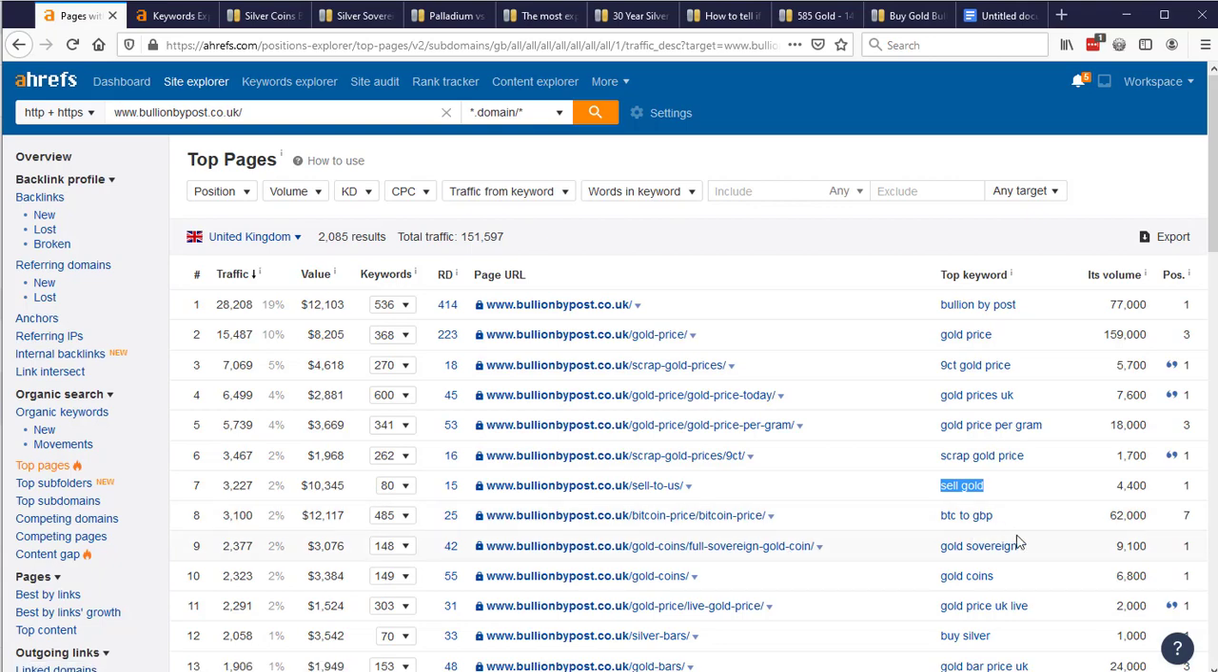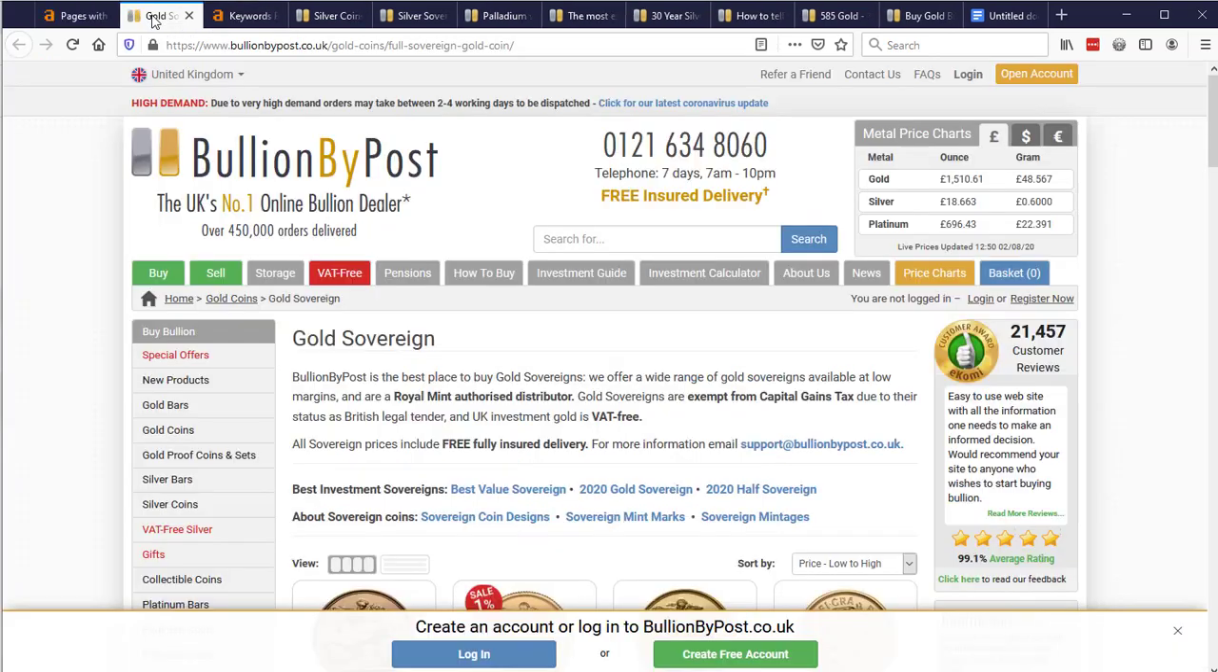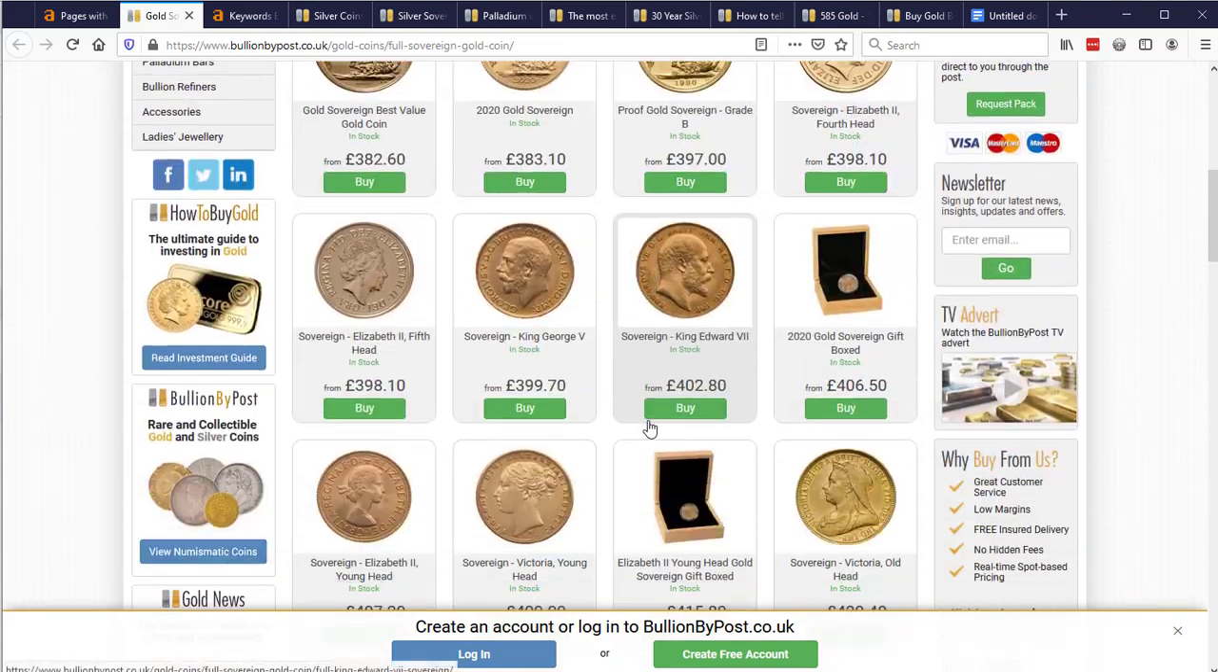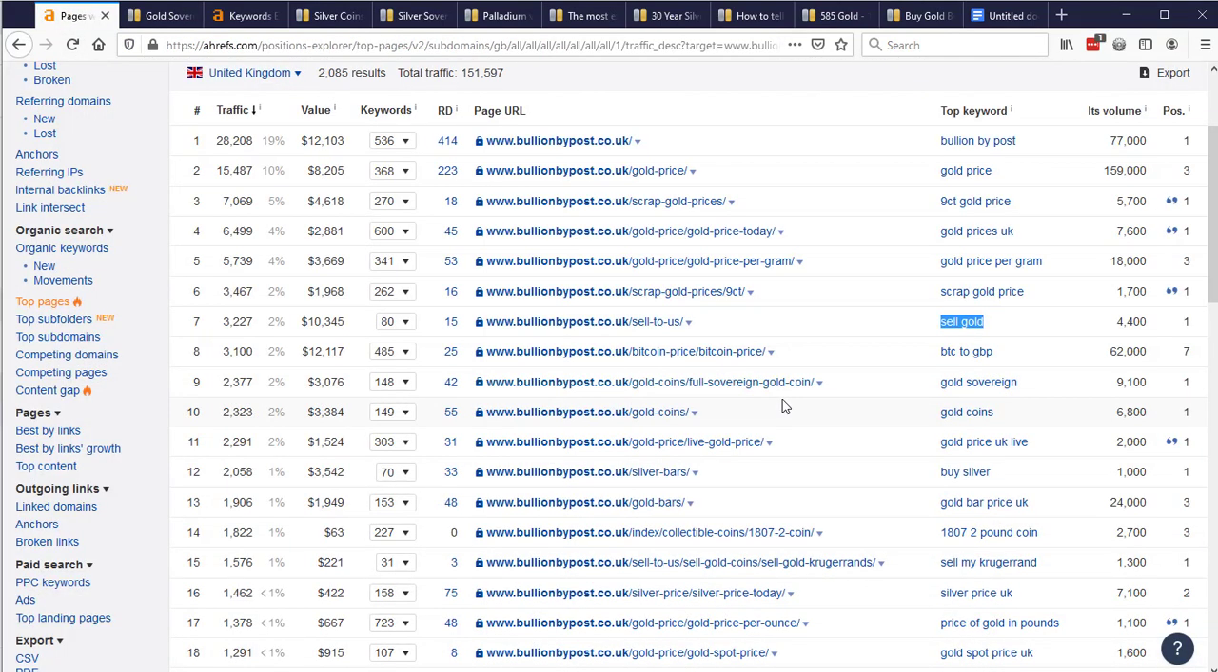They've got Bitcoin price, which is interesting. Gold sovereign. So this is probably going to be a product page. Okay, so it's a category page. Okay, great. So, you know, we'd want to build out these pages. And the point I'm really making here is that this is how you figure out your site structure. You look at someone who's doing really well, and then you take what's working for them and then use that